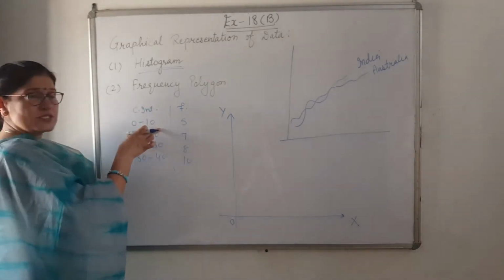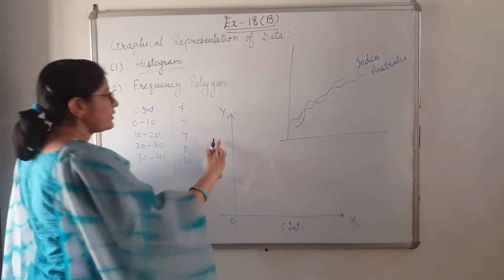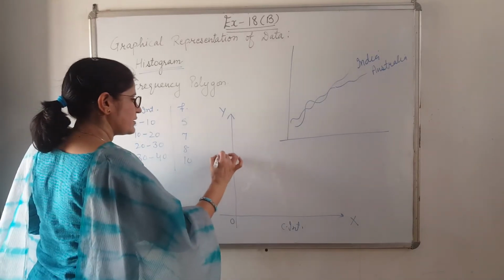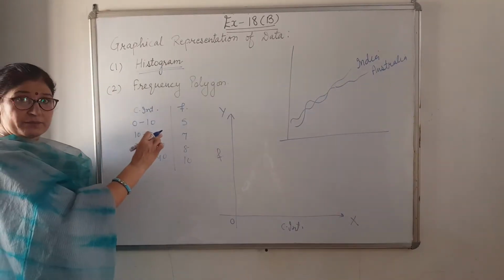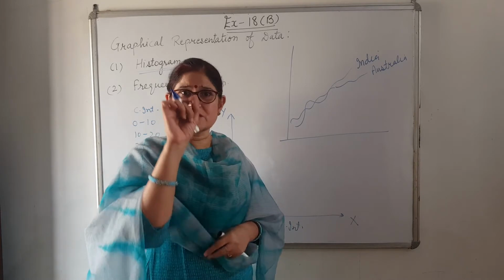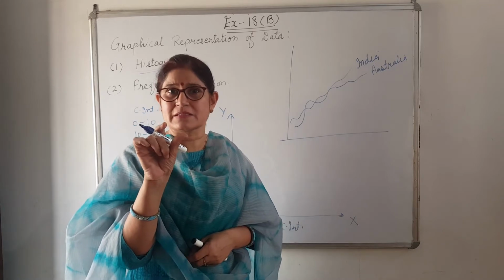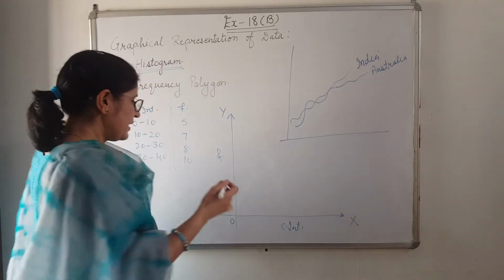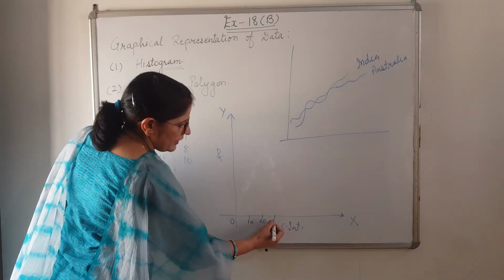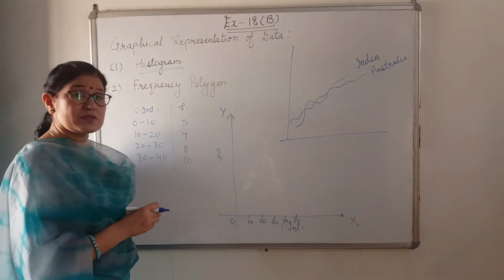Now these class intervals we have to show on the x-axis. Here we will take class interval, and frequency, or number of students, number of articles, we have to show on the y-axis. Now 0 to 10. You have noticed on the graph we have small boxes, no? You can take the scale, from dark line to dark line. There are 10 small boxes that you can take together and make one unit. That means in total we can take it as 10. So 0 to 10, 10 to 20, 30, 40, 50, like this you can take class intervals.